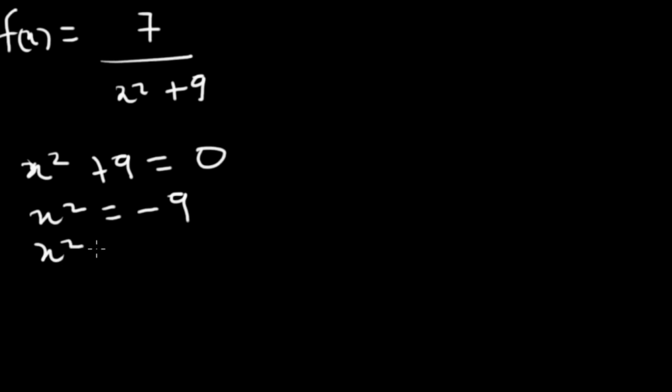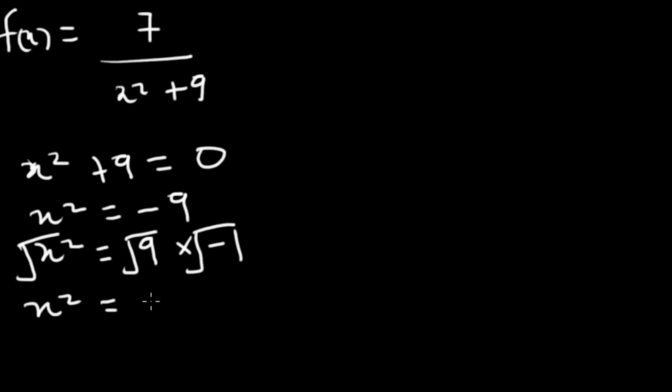We can factorize the negative out, giving us 9 multiplying negative 1, right? So finding the square root of both sides of our equation, we get x